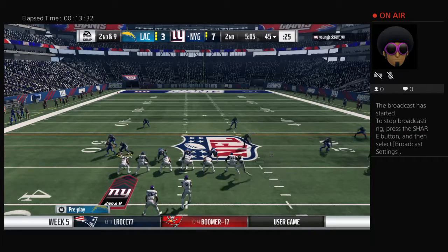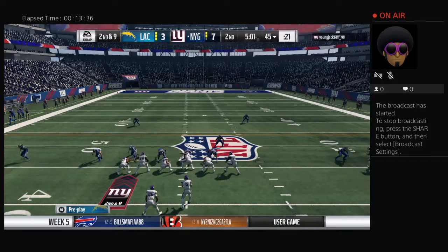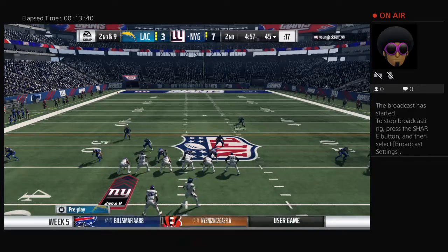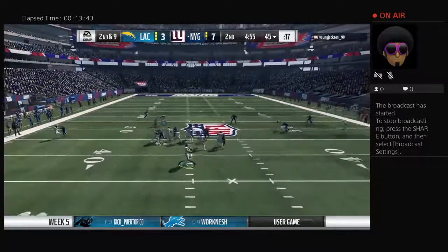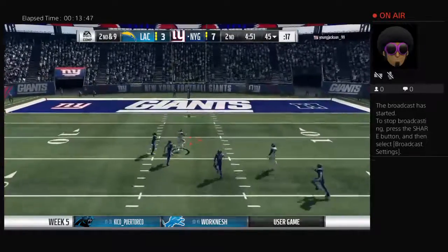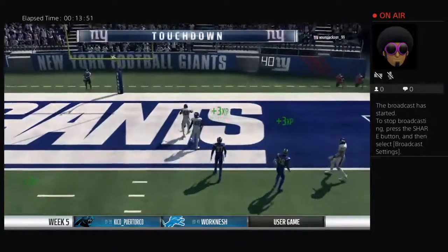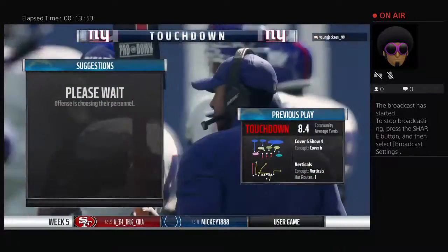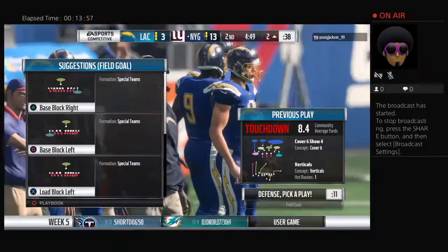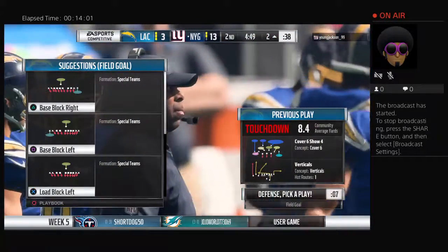And they'll send the slot in motion left. From the shotgun, he'll look to throw. He's going to loft one deep over the middle. Oh, man, it's caught inside the 10. And all the way in. Touchdown, New York. Evan Ingram with touchdown number 7 on the year. And the Giants are able to grow